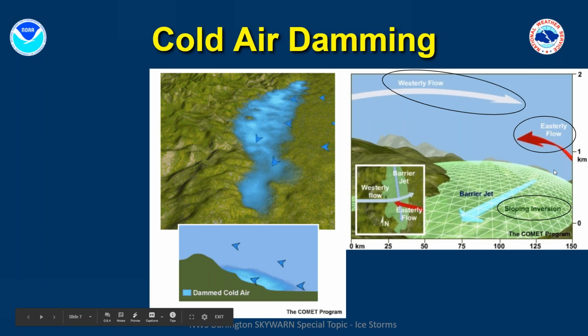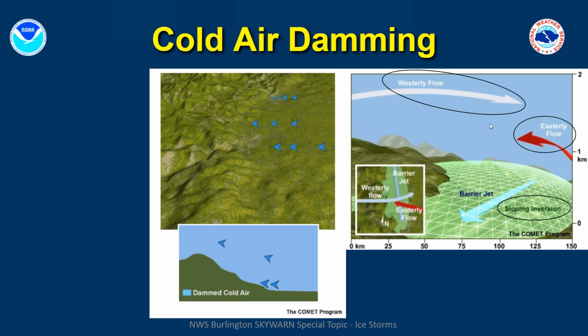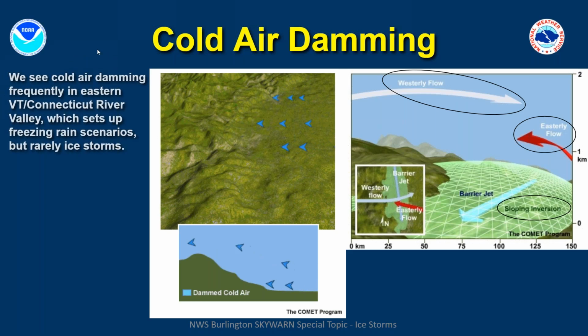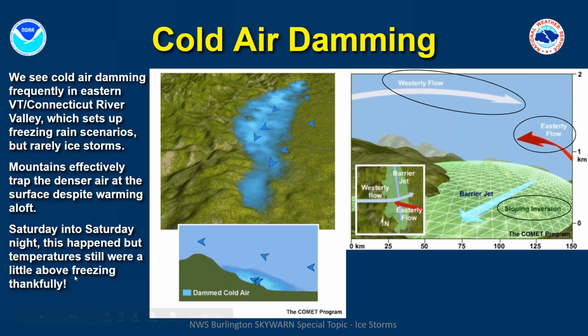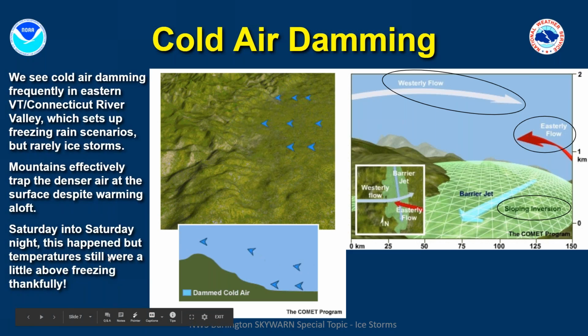As you can see on the right-hand side, this is depicted with an easterly flow underneath a westerly flow aloft, which in our area typically is out of the southwest during our ice storms. So we see this forced inversion based on the topography. So the frontal inversion will set up often in eastern Vermont, where the mountains are trapping that dense air near the surface. And this actually happened last weekend when we had some potential for freezing rain, but thankfully temperatures were